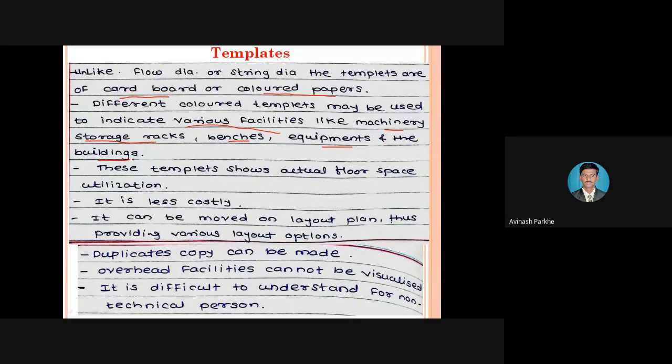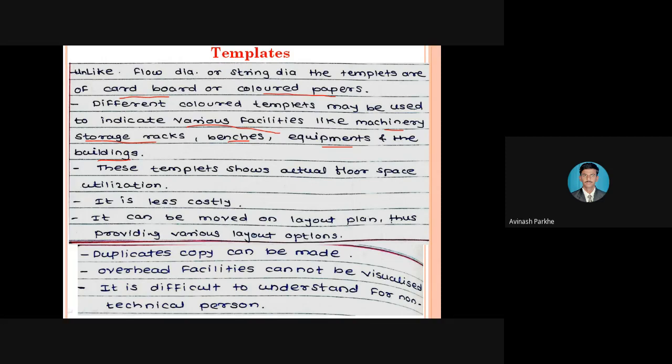So through these particular templates and colors, you will get detailed information. If I have to move to the CNC machine, through that particular color you can easily understand it. Now this is the color for the CNC machine, so I will start moving directly towards the CNC machine. If the yellow color is given for the lathe machine, I know the yellow color will be applicable only for the lathe machine. So if I have to move to the lathe machine, by observing the color in that particular organization, I will start moving towards that particular lathe machine.